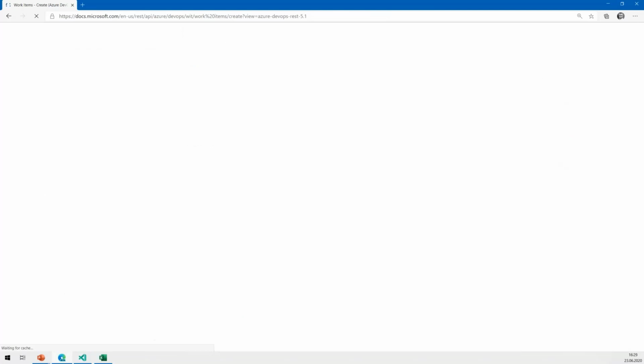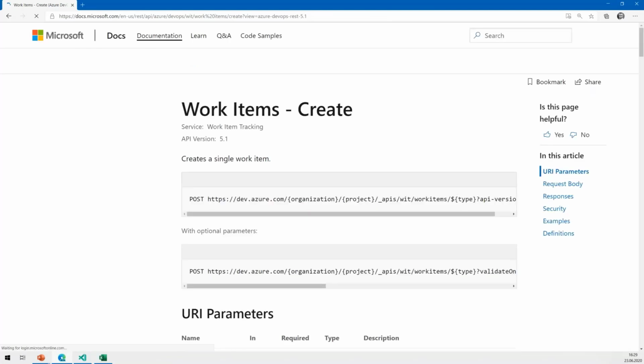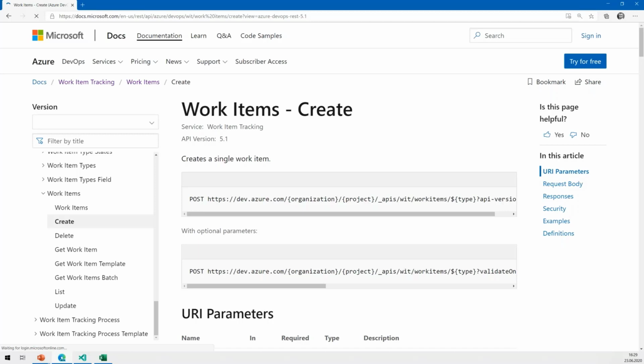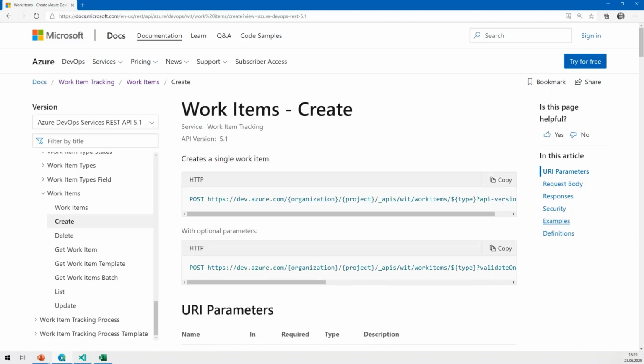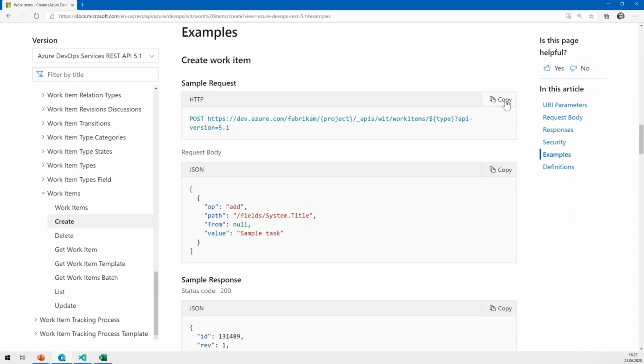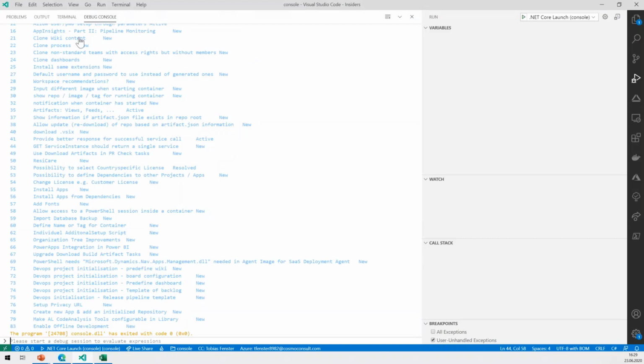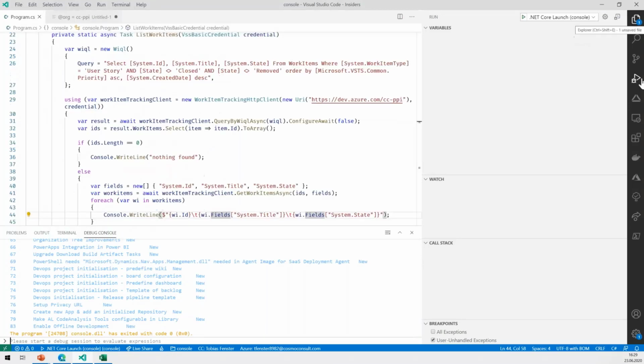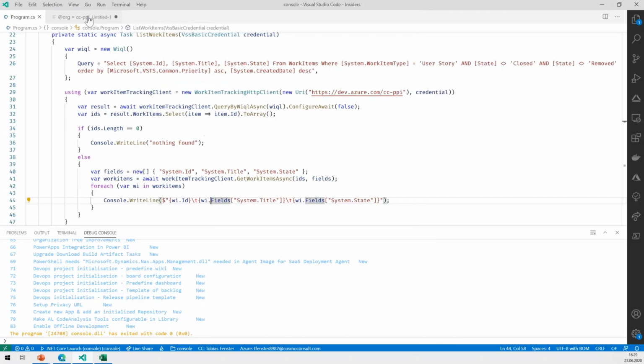And when it loads, we will see that this is again kind of similar. I will just look at the example again, copy that one, and put it in my little VS Code file. Just close those as we don't need them right now.